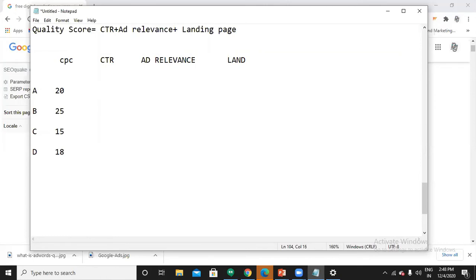The CTR is below average, and then below average. And then for this I'll go with below average, and below average, and I'll just go with average.